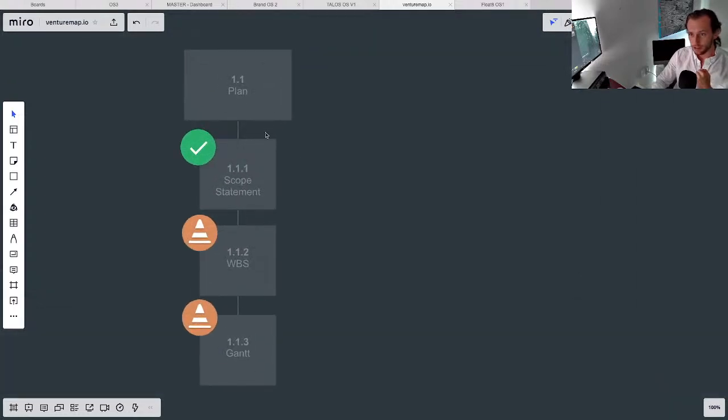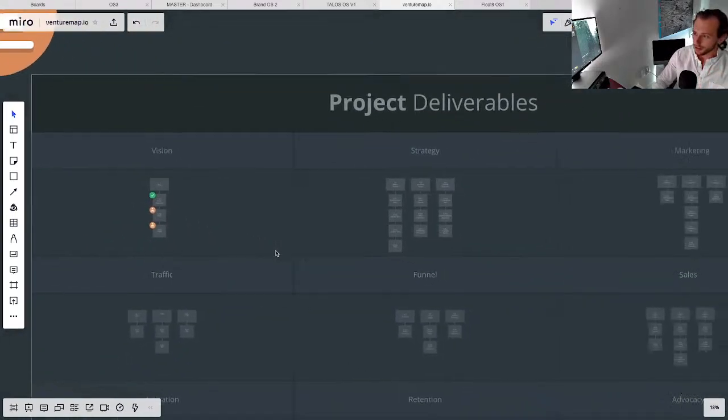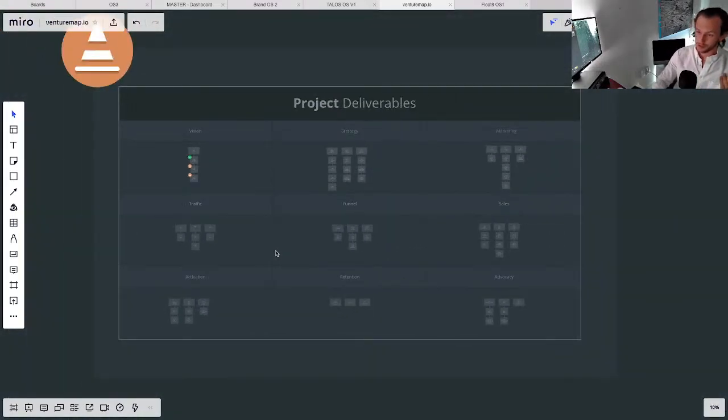So if we just finished up our scope statement, we know the next thing that's going to have to occur is our work breakdown structure. In order to do a work breakdown structure, it doesn't have to be very complicated. It can be very straightforward. And to begin, you need to just take one step forward in terms of defining what literally needs